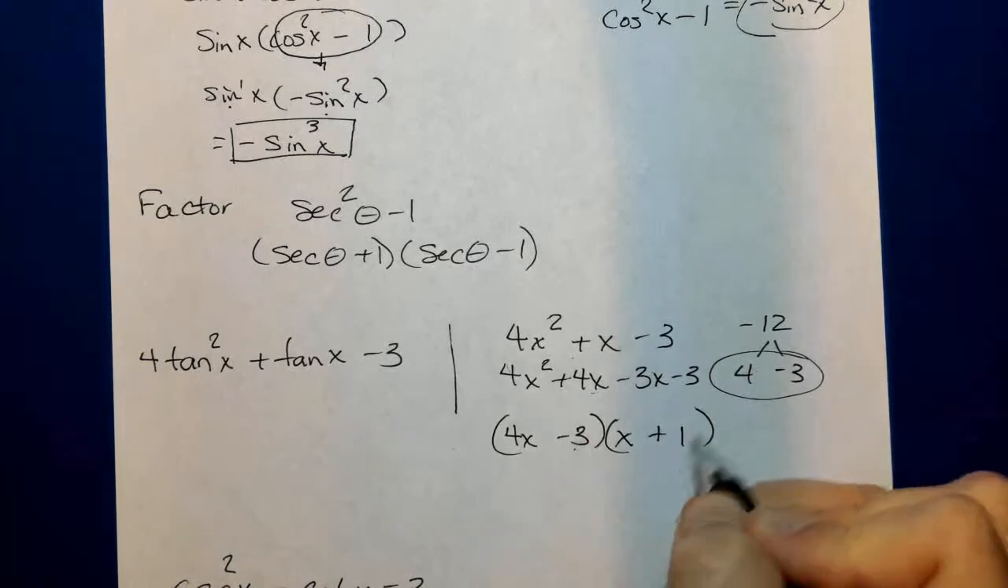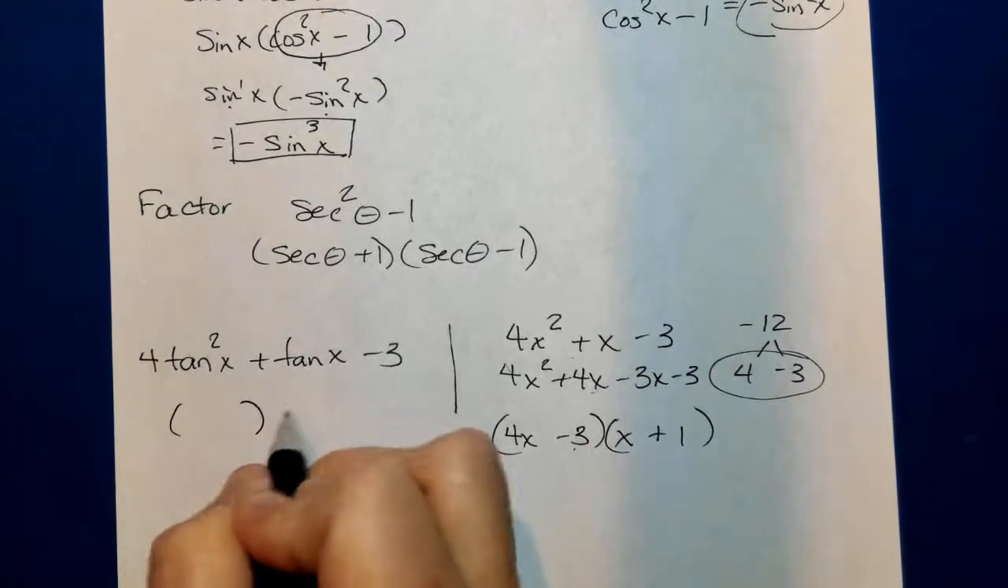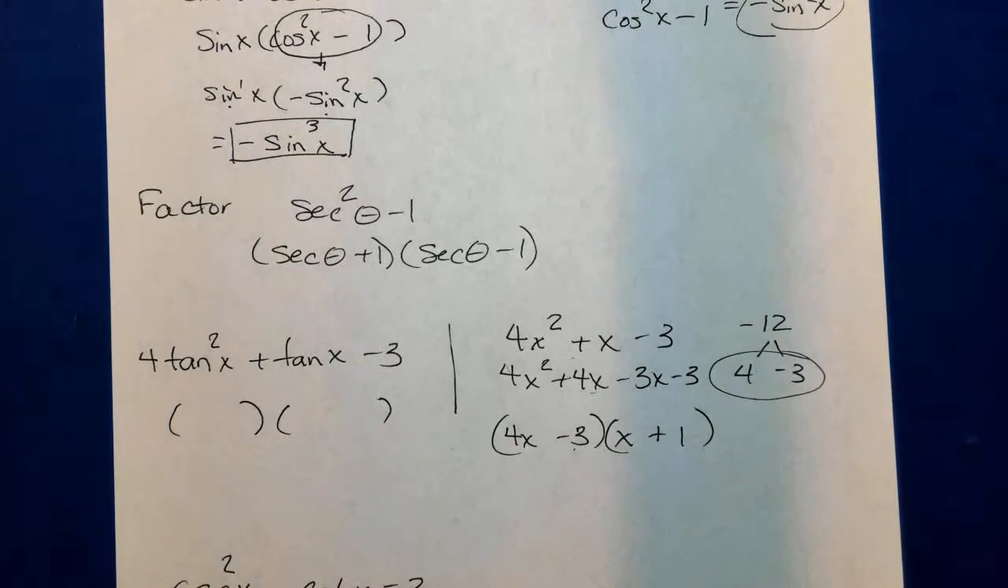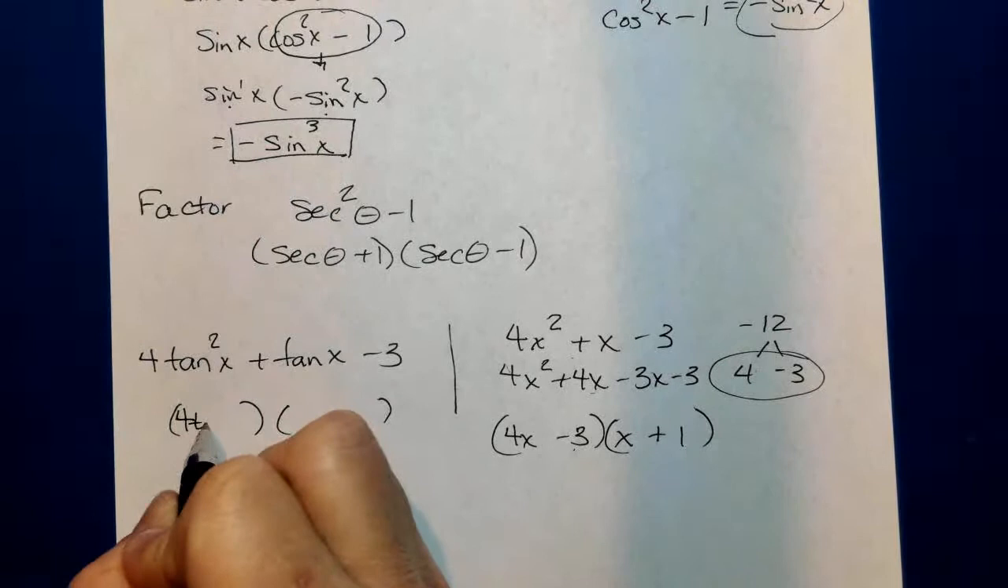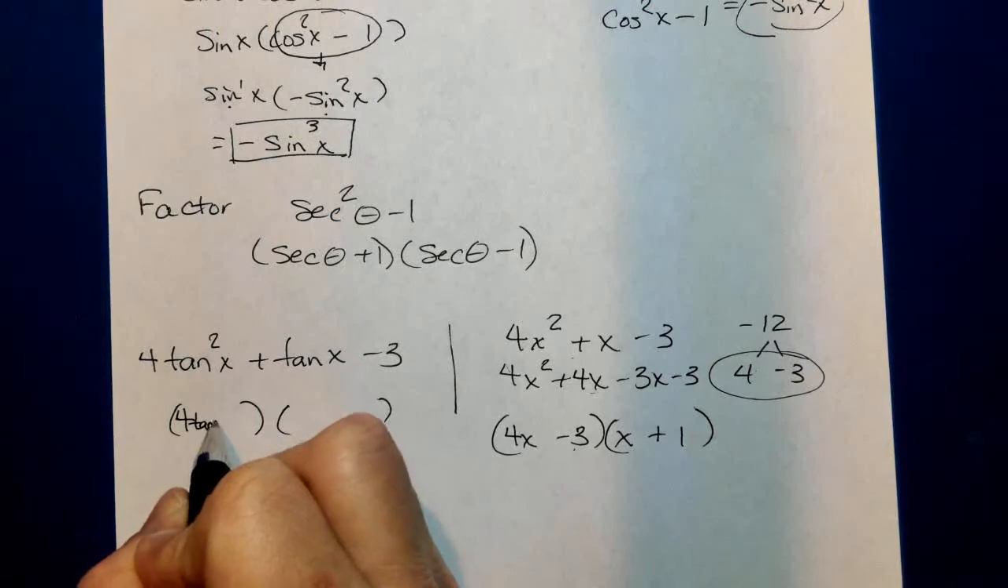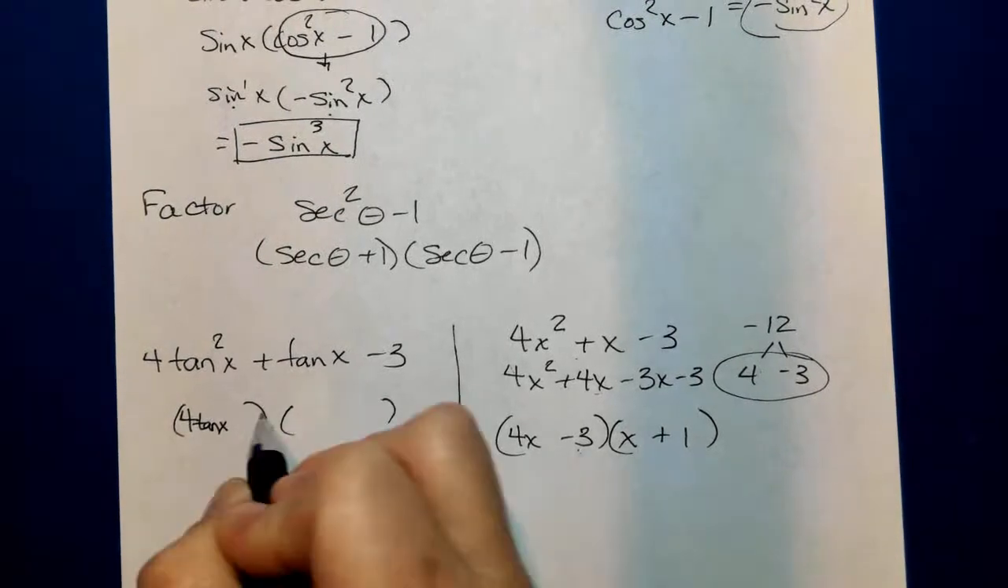Negative 3 times 1 is negative 3. Transferring that to this side, that's the same thing. 4 tangent x minus 3